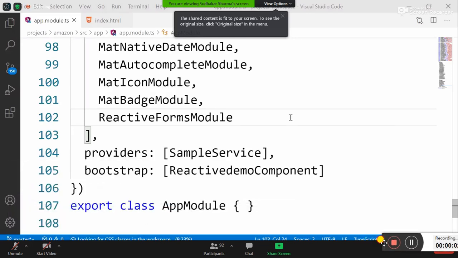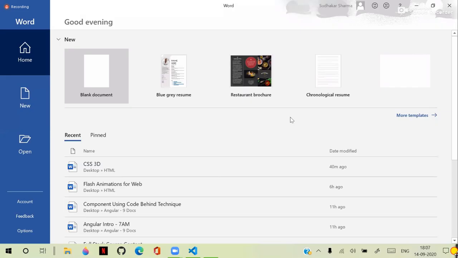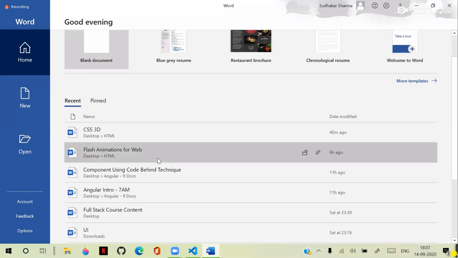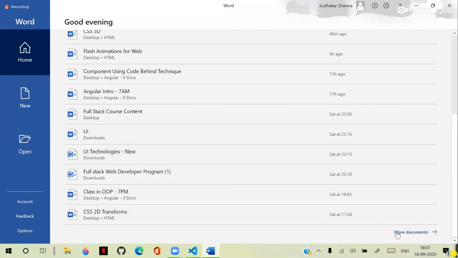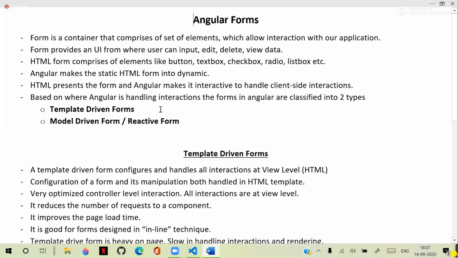Reactive forms, how to use the form controls, nested forms, how do we update the nested forms and all, right? So in the Angular forms, these are the topics that we discussed in